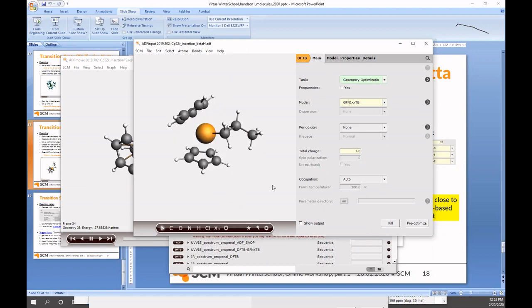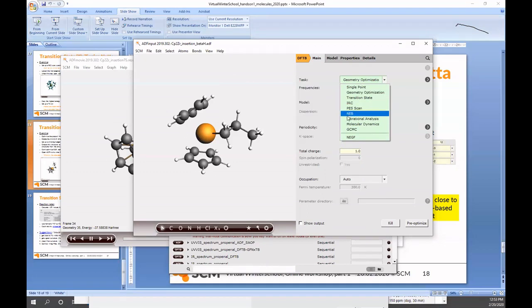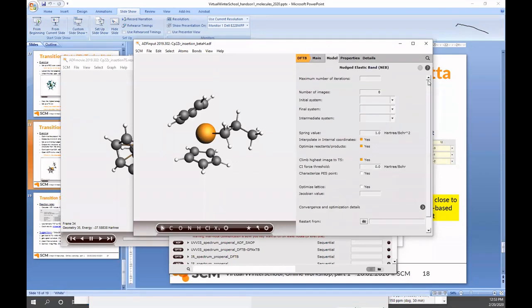Okay, here we go. We set up a nudged elastic band. We change the task here to NEB and click on this arrow to go to our setup options for NEB. Since we now actually have an intermediate and a product, I want to use a little bit larger number of